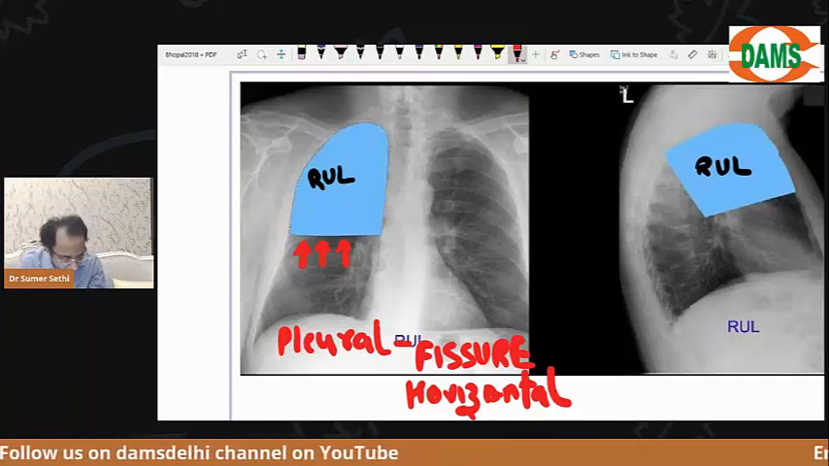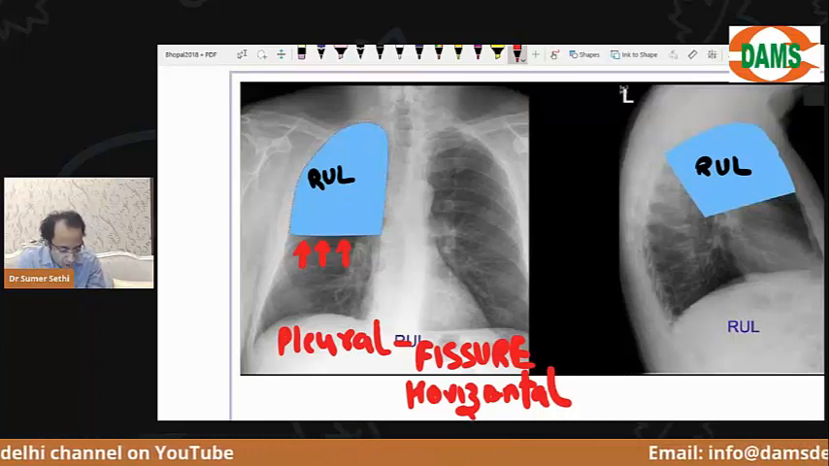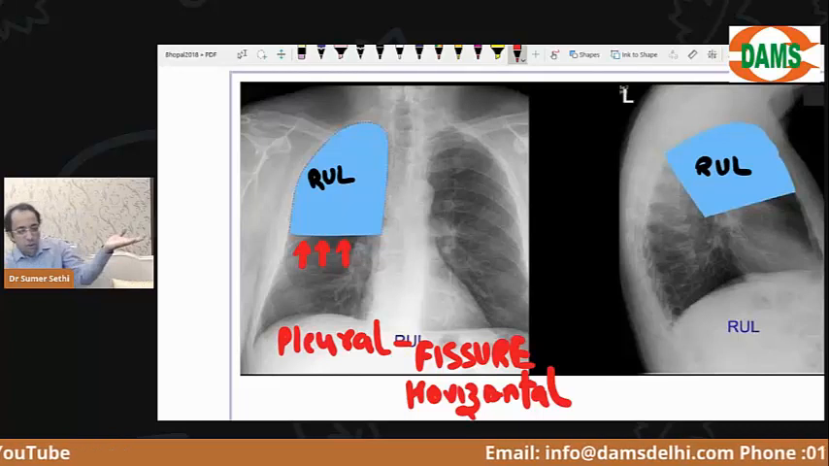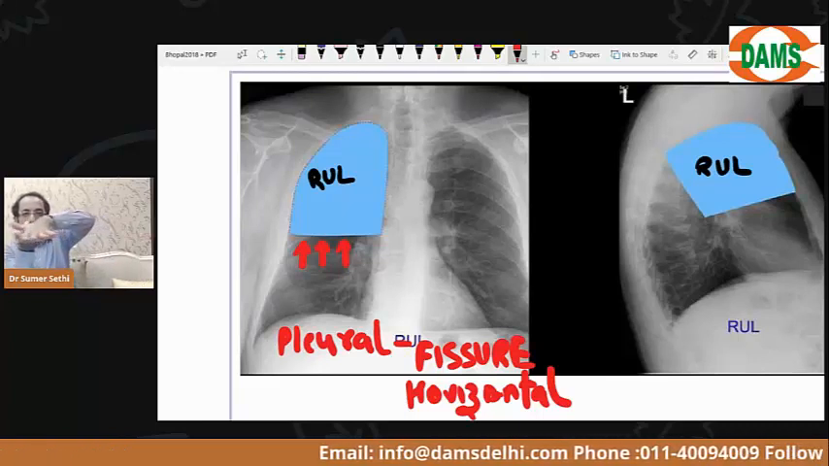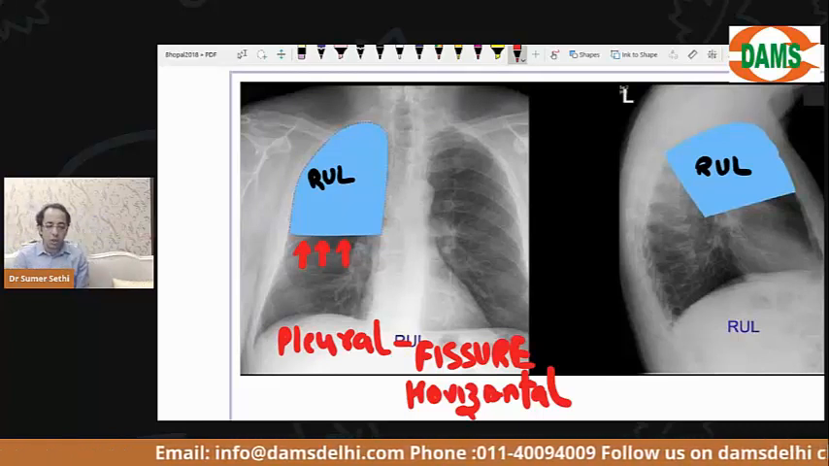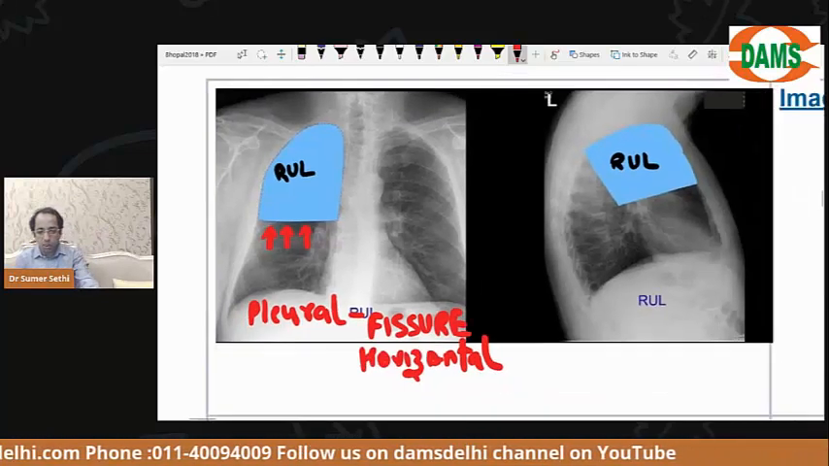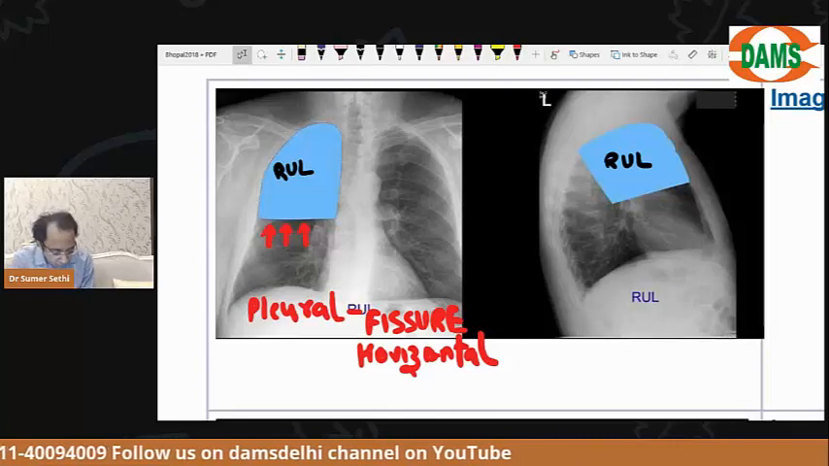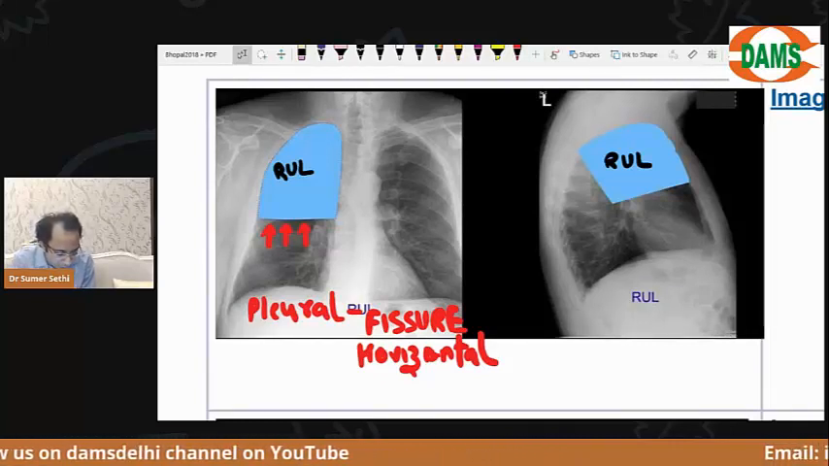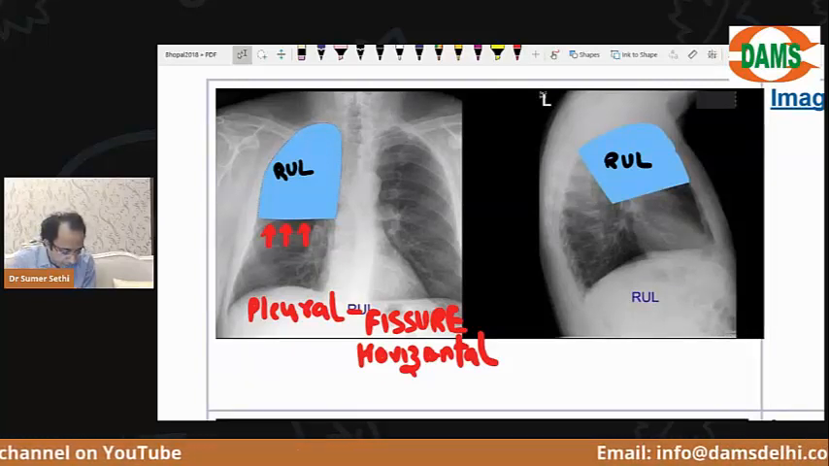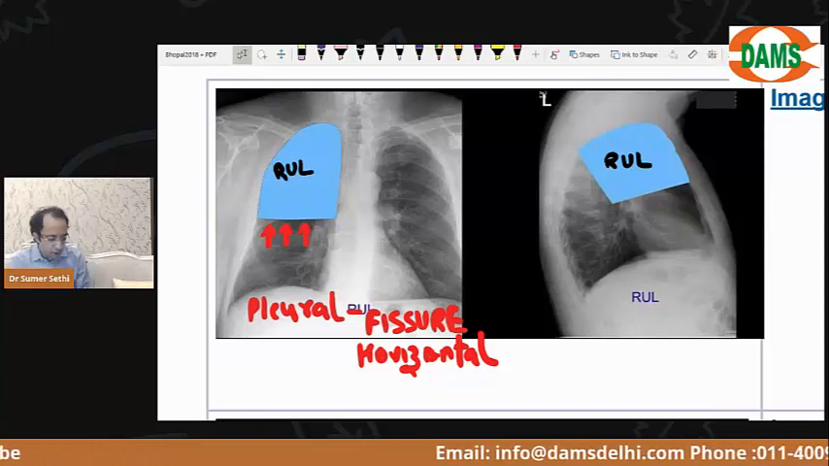Are you clear? So lung smooth nahi hoga, pleura smooth hogi, and so the pleura forms a fold below the upper lobe, which is called the horizontal fissure, and that is your horizontal fissure, which is a pleural surface. This is where your right upper lobe is. Okay. Now,